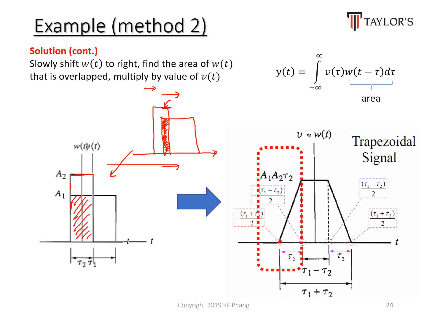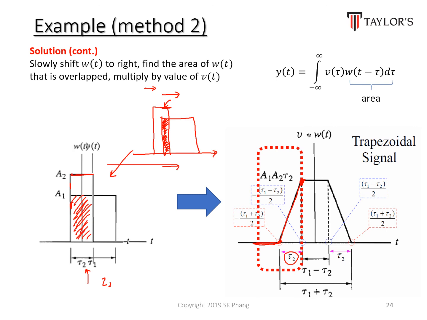It starts at this point where everything was 0. As it slides out, the area multiplied by the constants slowly increases. And it will reach its maximum point when it has slid through tau 2 amount of time. So therefore, you look at this. This is tau 2 amount of time. It will reach its maximum area, and this particular value is determined by the area